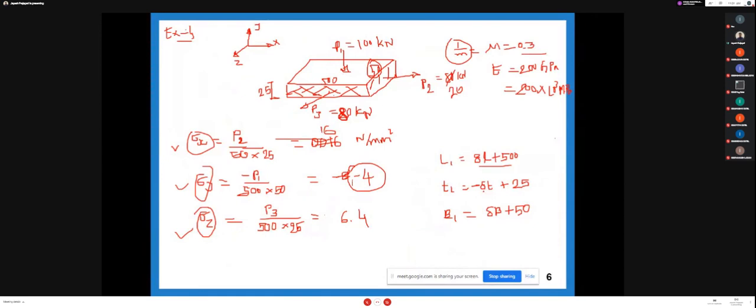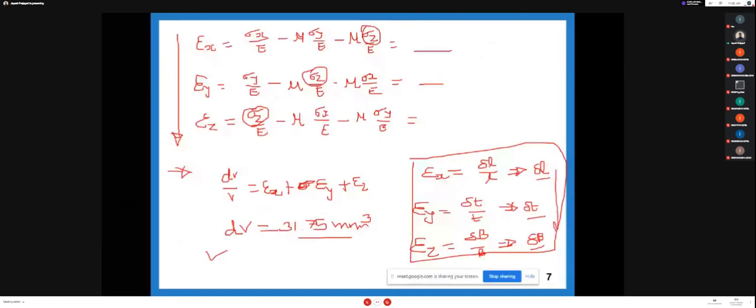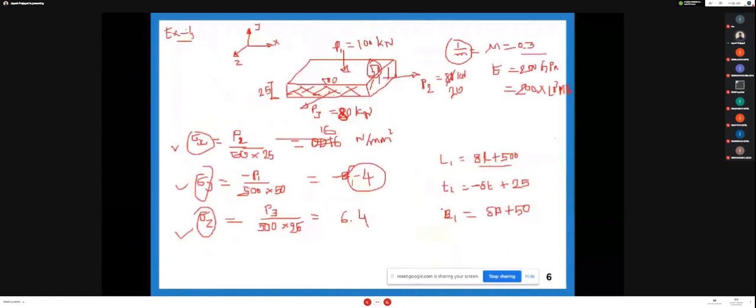So here delta T is negative, because the length is reducing, delta T is taken as negative, 24. And B must also be new, B1. The width will be increased because of tension force, delta B plus 50 mm. Delta B answer 93%. Okay, so you just use the simple equation in x, y and z direction to calculate change in dimension and add or subtract it in your new dimension. You are getting the new one. Okay. So that is very simple one. You can do it yourself.